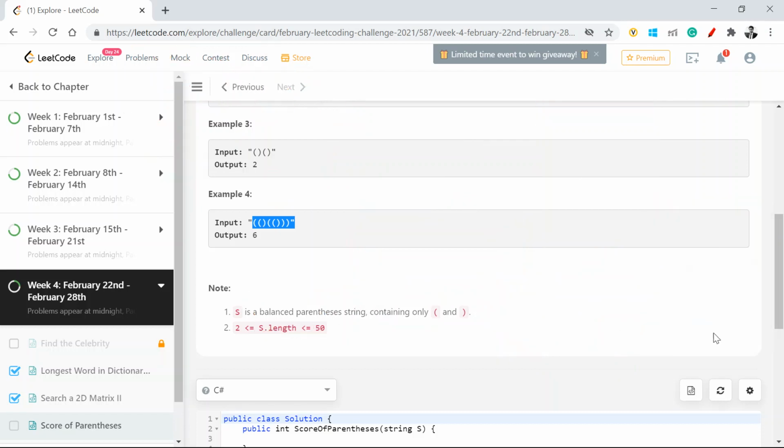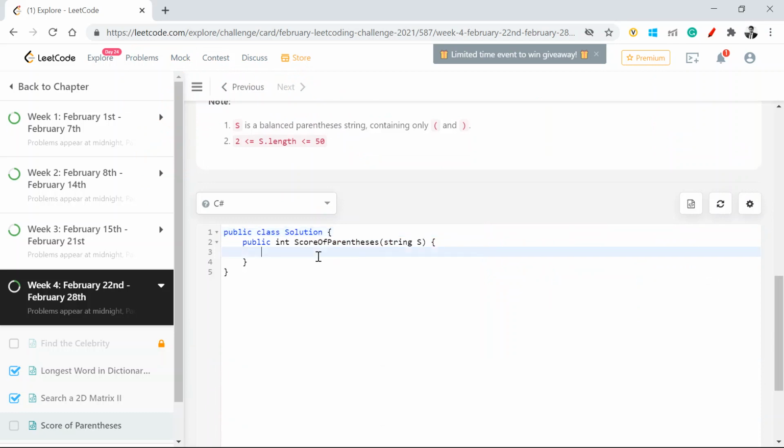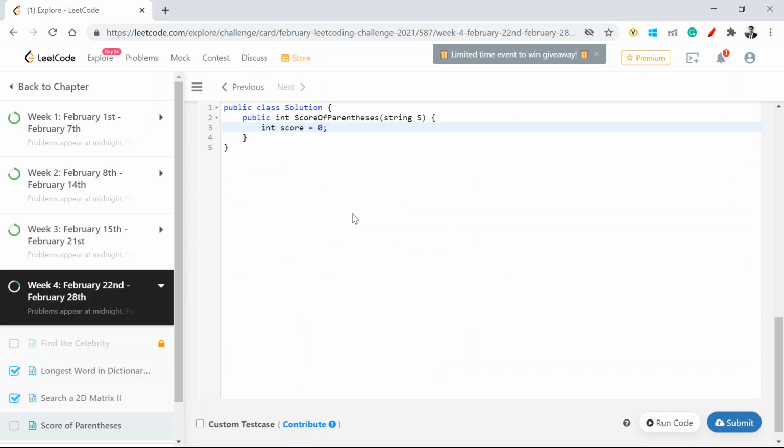Right? Let's pen it down in case you still have any questions. I think that should be resolved once we write the code. So let me first say I need to return a score, right? So what I'm going to do is create a stack, stack is equal to new stack. Then for each character c in s dot toCharArray,